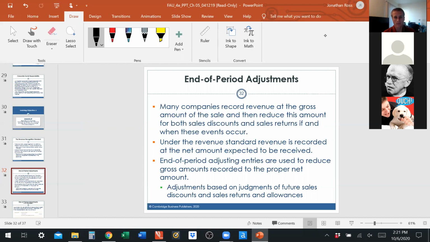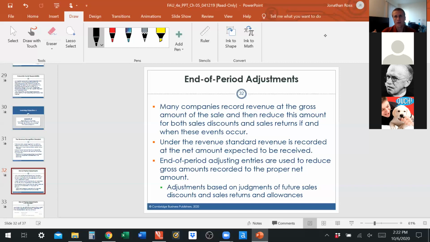Hopefully that makes sense. So you estimate what you think they're going to return, and that's what you book revenue for. And then at the end of the period, you adjust it based on what actually happened relative to your estimate. And the reason GAAP changed the standard is because with this, things are more in advance. You can have an idea of what's going to happen more in advance, instead